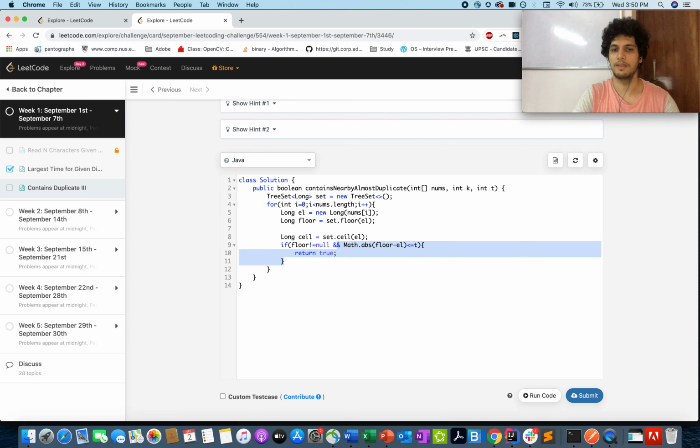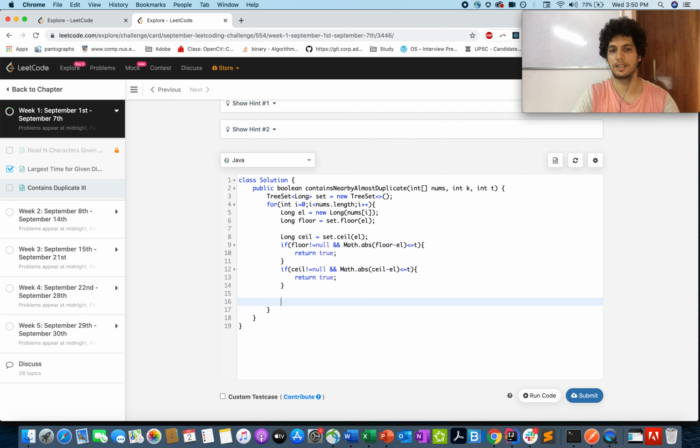Similarly, you write the same thing with ceiling, the higher value. Now you will add the element in your tree set. set.add(el), you added it.